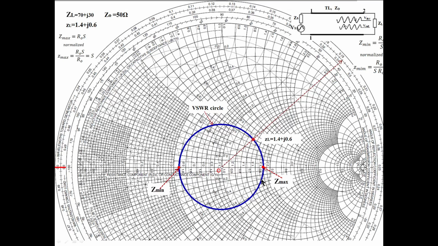You read the value of impedance at any point over this. Will it be greater than this 1.8? You can see like this. If you move like this, impedance changes. Whenever you come to here, wherever the VSWR circle intersects this horizontal line, you will be here. You take this value. Actually, this is the highest value that we can observe on the VSWR circle. If you go like this, the impedance value reduces. If you go here also, impedance reduces. Actually, this is the highest value you can find, 1.8.